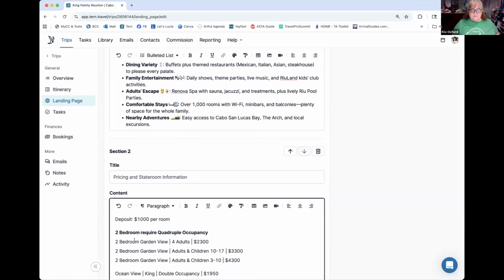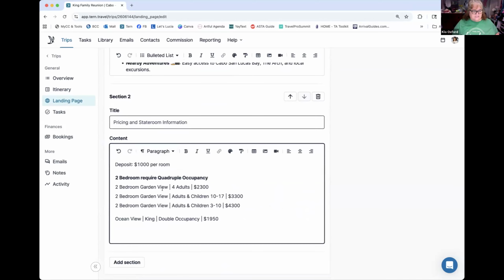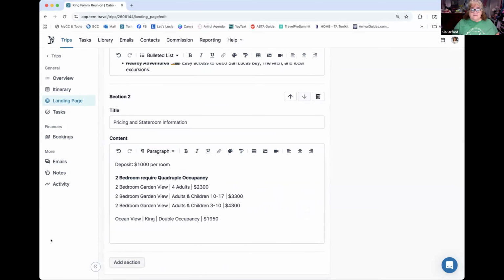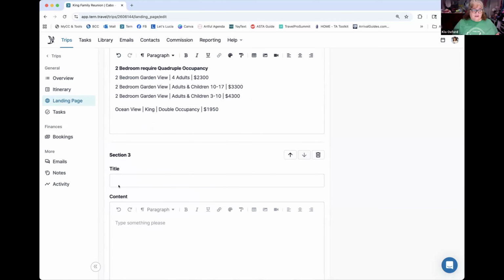Okay, so we're going to go ahead and I'm going to put in again the pricing and stateroom information. And I'm going to add literally one more section, and that's going to be the travel information. Again, I don't need a lot of information on this. It's a family reunion or it's a bachelorette group. They're going to be talking amongst themselves, and they are the ones that are going to be promoting it and